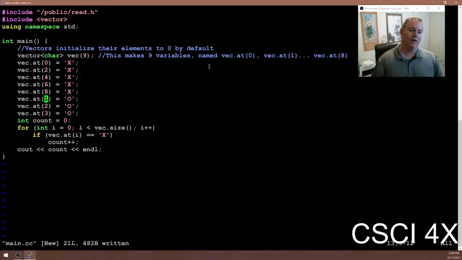Okay. How many x's is it going to find down here? Be careful. I made it slightly tricky. So this is going to go through 0, 1, 2, 3, 4, 5, 6, 7, 8. Count how many x's are in there. Then it's going to print how many there are. Looks like it should be 5, right? 8, and 6, and 4, and 2, and 0, right? Looks like it should be, but